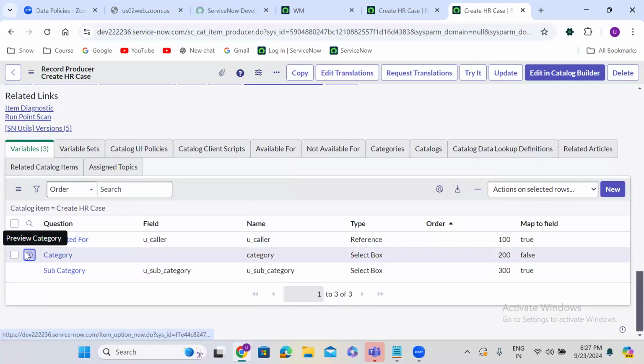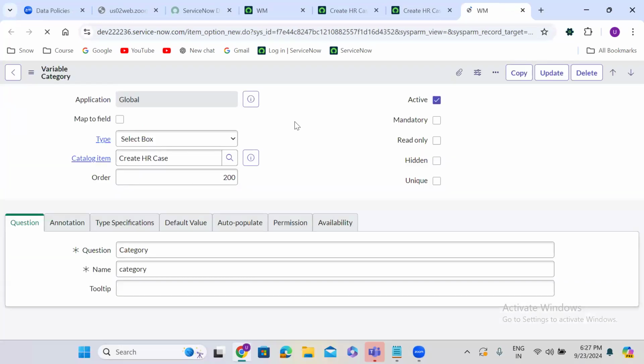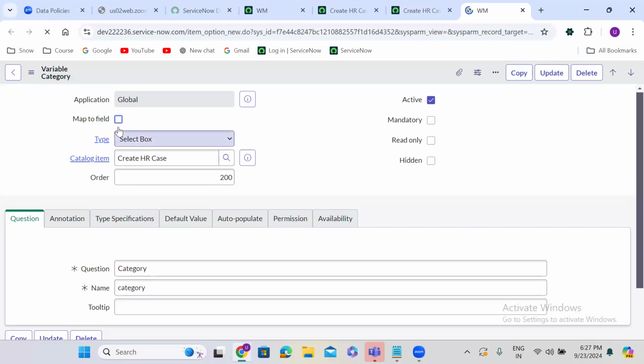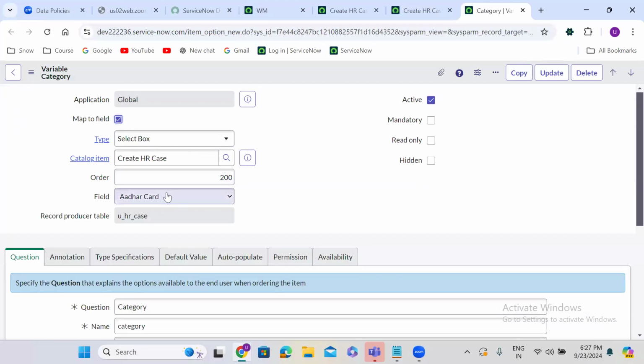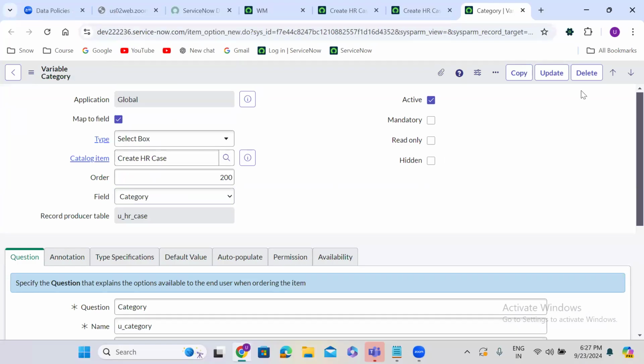So I did not map this one. Let me map this one. I have mapped it to